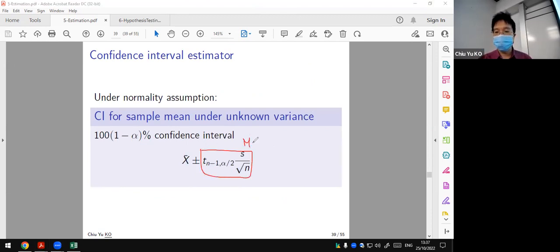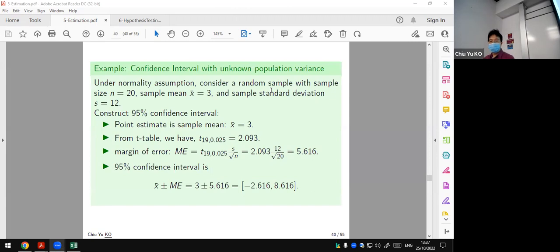And the width will be 2 times the margin of error, and then you have UCL and LCL. I don't think I need to write that down because that is something obvious. So I guess it's good to go to an example and see how you apply this. So this is the